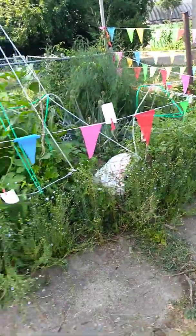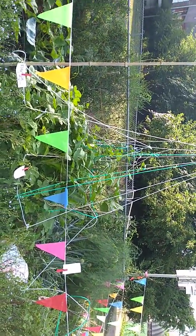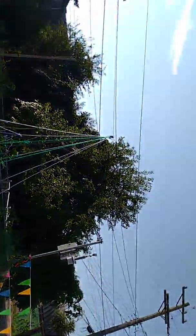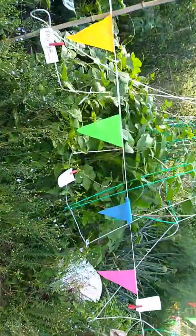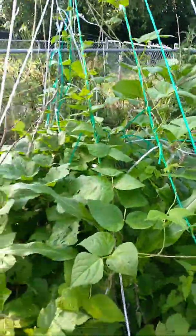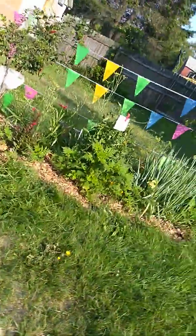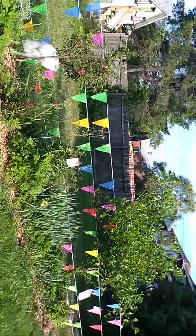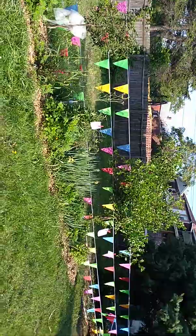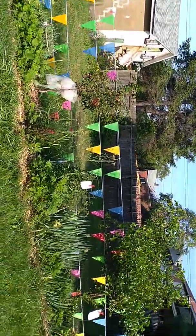My onions had taken over the garden, so I pulled out most of them and replaced them with this crazy bean experiment. The beans were supposed to grow on the okra and the corn, but the beans are winning, so we'll see what happens. I'm moving all the onions over here to the perimeter